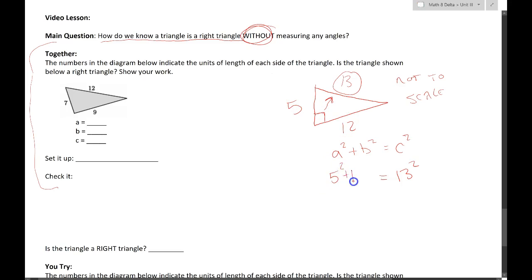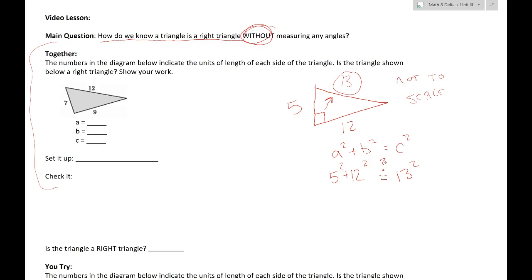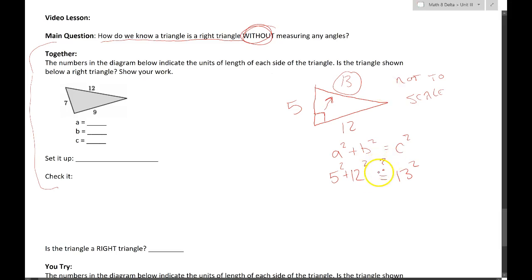5 squared plus 12 squared. And then I'm going to throw a big question mark over my equal sign, just so I can remember that I'm seeing if this is actually true. I don't know if this is true yet. So I throw this question mark on here just to remind myself of that. And I say, well, 5 squared is 25. 12 squared is 144. Now, is that equal to, question mark again,